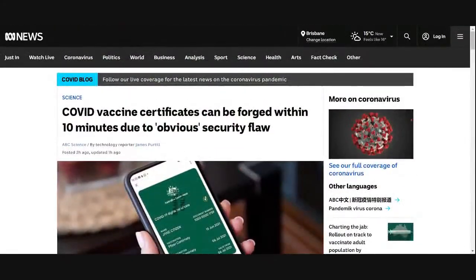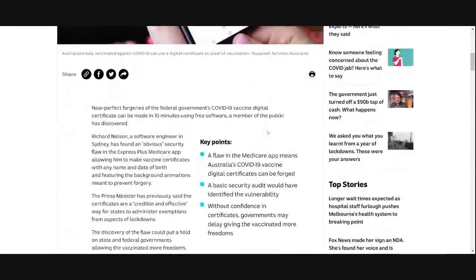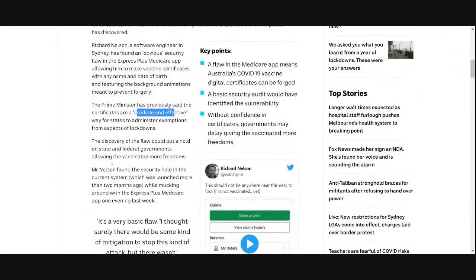So, 2 hours ago, posted, updated 1 hour ago. Near perfect forgeries of the federal government's Jabiru digital cert can be made in 10 minutes using free software, a member of the public has discovered. Richard Nielsen, a software engineer in Sydney, has found an obvious security flaw in the Express Plus Medicare app, allowing him to make Jabiru certificates with any name and date of birth and featuring the background emanations meant to prevent forgery. The Prime Minister has previously said the certificates are a credible and effective way for states to administer exemptions from aspects of lockdowns. The discovery of the flaw could put a hold on the state and federal governments, allowing